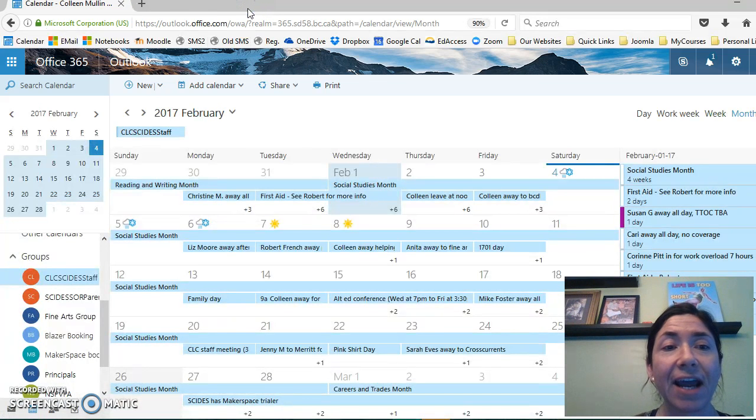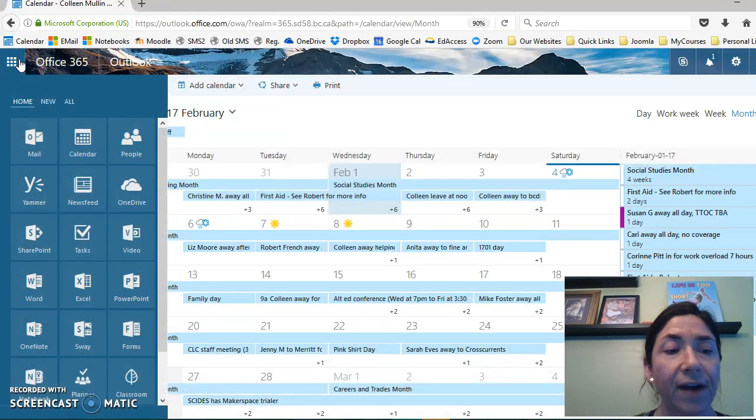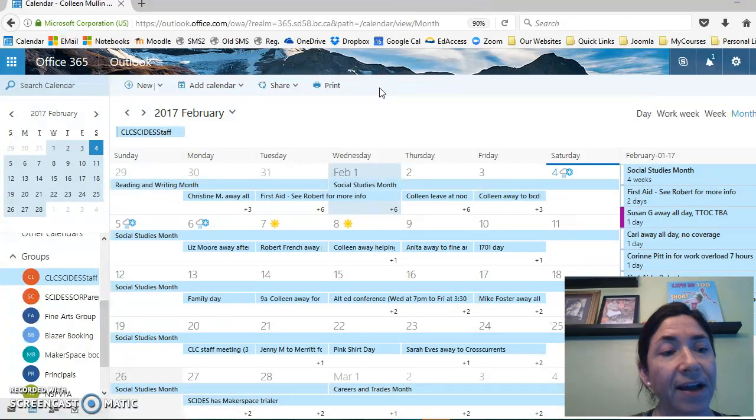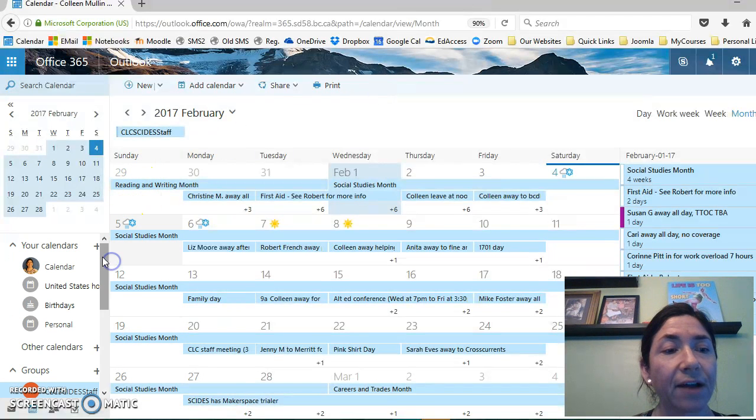What I want to teach you today is a little tutorial on how to add information to our Outlook calendars, specifically our shared Outlook calendars. The first thing you need to do is log in to your Office 365 account. Once you're in there, you see all of your app choices. Choose Calendar. On the left-hand side of the screen, you're going to see all of the calendars that you have,